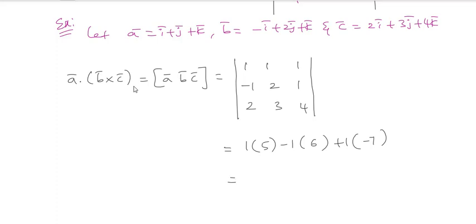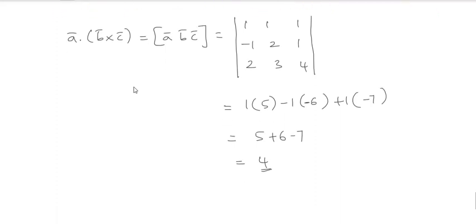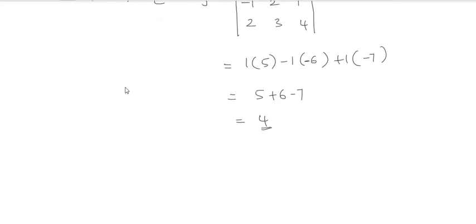So how much value will you get here? What is the value you are getting? See, check it out. This is minus 1 into minus 4 minus 2, so you will have minus 6. So which is 5 plus 6 minus 7. So 11 minus 7, which is 4. So this is your box product. Clear with my point? Yes or no? Yeah. So based upon that, you will have a result.